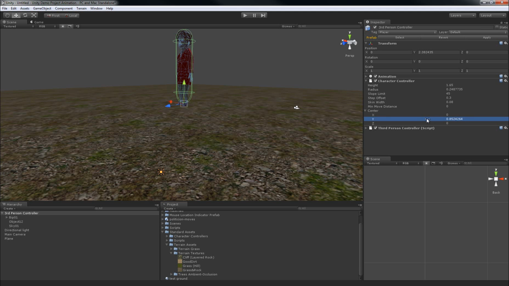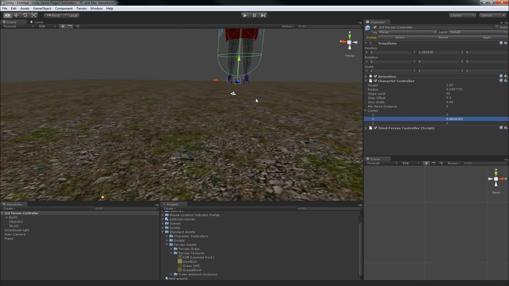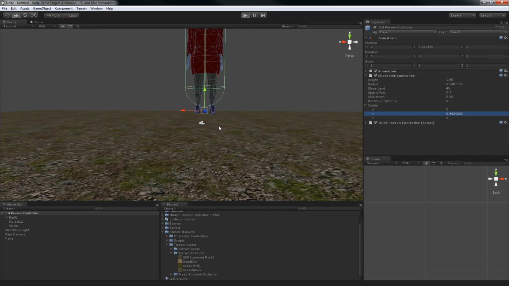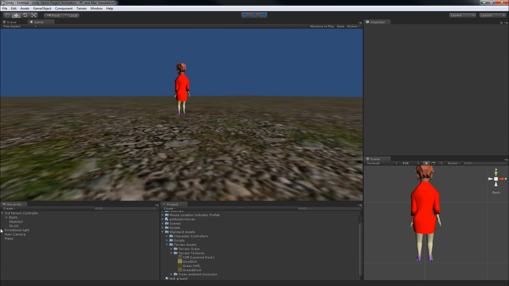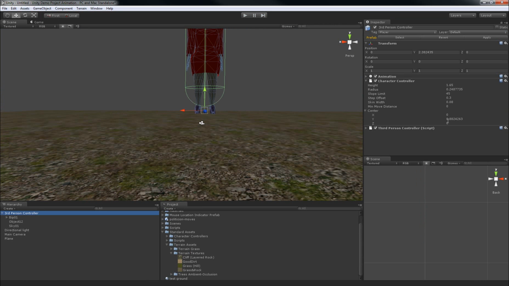So we'll move it up a little bit, roughly how far we think her feet are. And that should be about right. Let's see. Okay, her feet are very close to the ground, so if I back out again and move that down a tiny bit, we'll make it say 0.91, maybe 0.92, maybe a tiny bit more, 0.93,